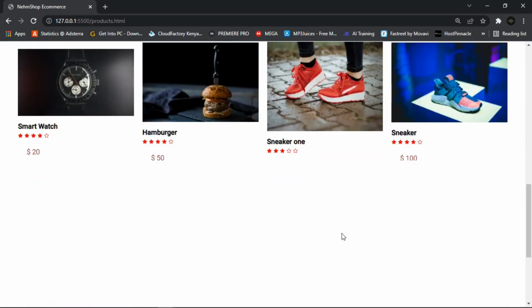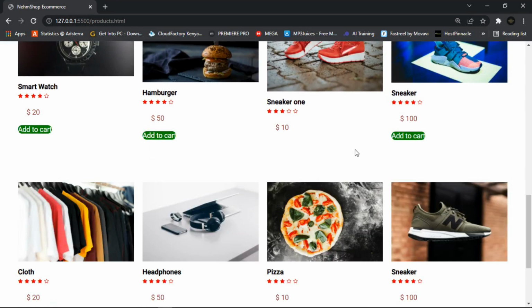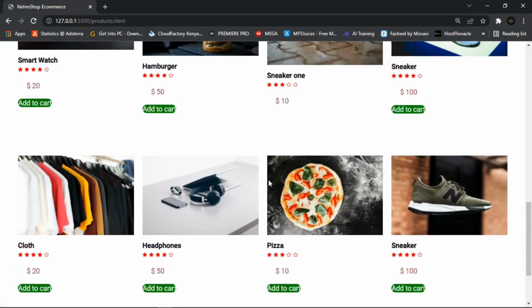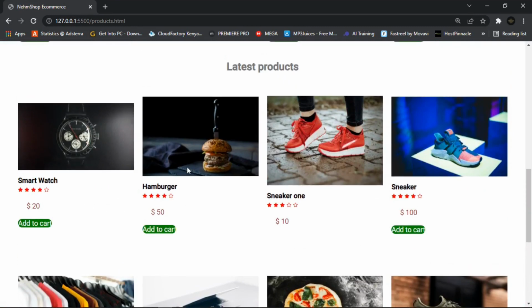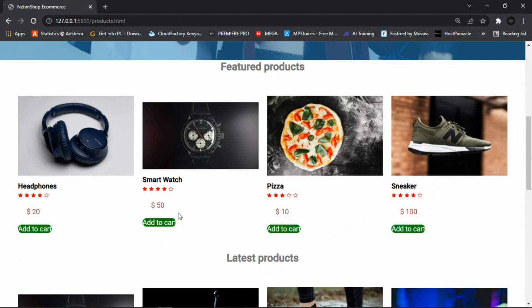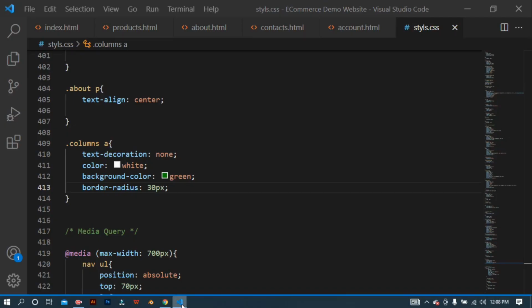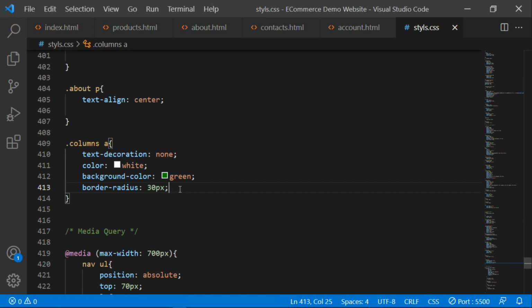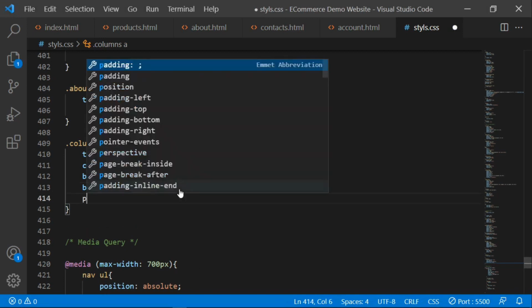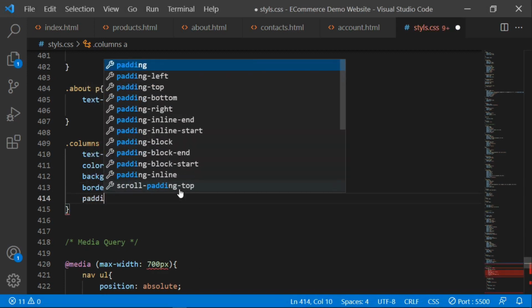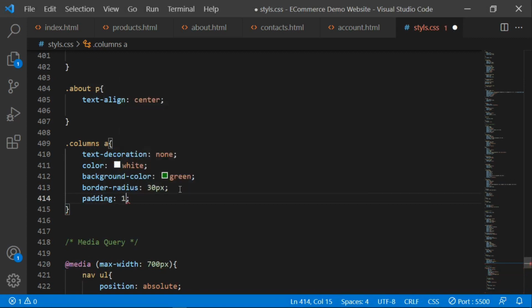And so as you can see, you have these items here. They add to cart, but now let me do this. Let me add some padding, and also the hover effects. So now let me go to my text editor, and then add the padding here. So padding, let me give it even 10 pixels, and then let me save, and then let me add